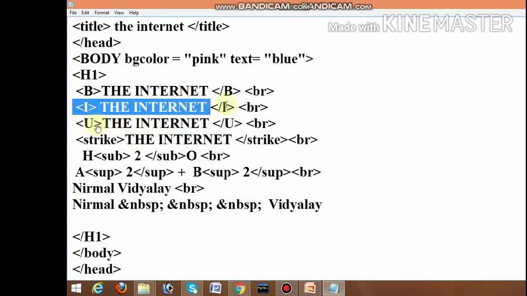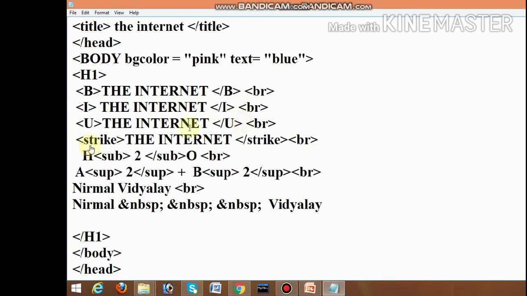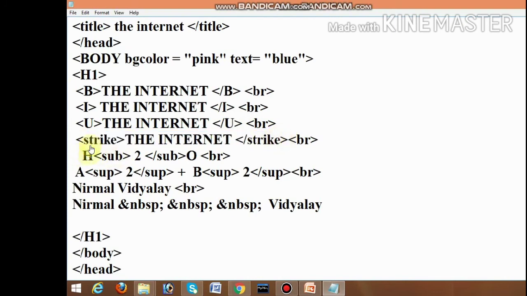Underline, I use the same text, close the underline. Strike, then give the text, close the strike. I write the chemical name H2O: H, give the subscript tag, 2, close the subscript tag, then O. Then the mathematical expression a superscript 2, close the superscript, plus b squared also.